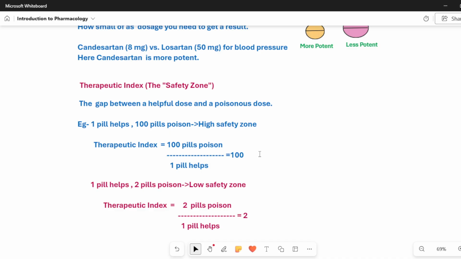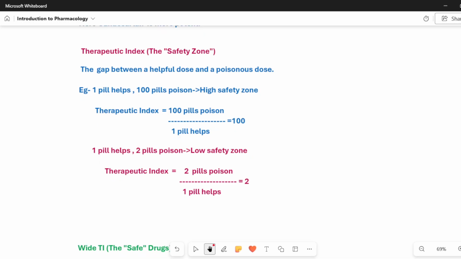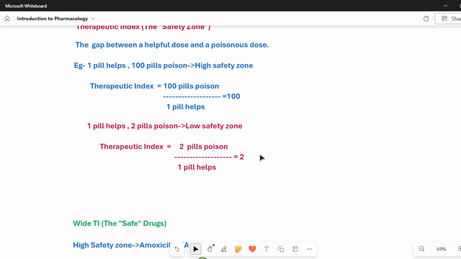Okay. So even a small change in pill will create a problem if the therapeutic index is low. We'll see another example here. Now see, here one pill is helping, and two pills will turn into poison. See how low the safety zone is. Even if by mistake I'm having a second tablet, that's all, it will turn into a poison. So it has a therapeutic index of 2.